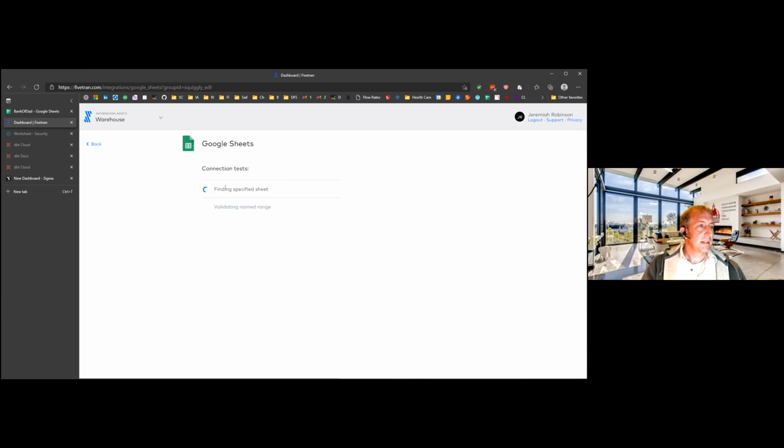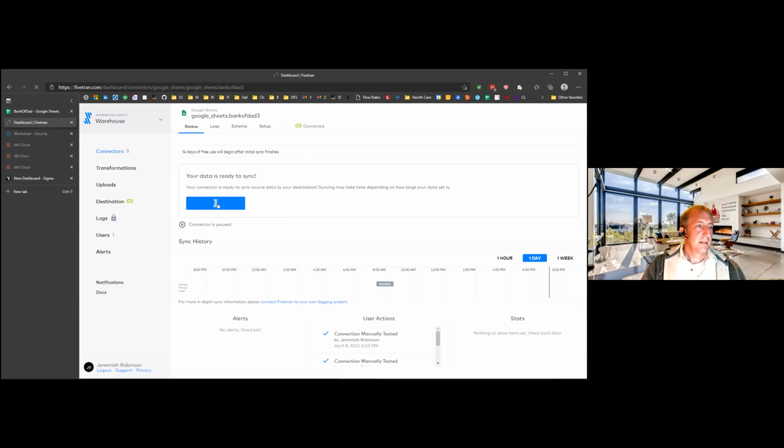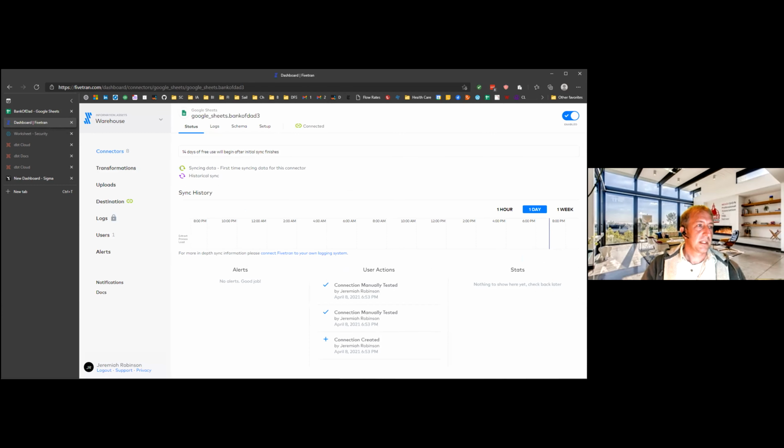Not sure why this is taking a little bit longer. It took a little bit quicker last time I did it, but it won't take super long. Okay, connections passed. So it knows it's there, it found the data. Now I'm gonna do my historical load. Start initial sync. It's going to start syncing the data, and you saw there's like 20 rows. So the main bit of this is just connecting it, creating the table in Snowflake. So what it's going to do, it's actually going to create that table in that schema that I defined in Snowflake and push it there.